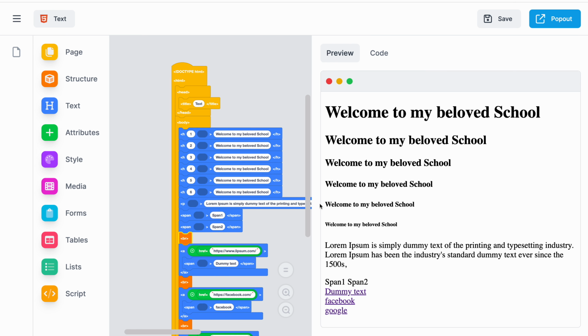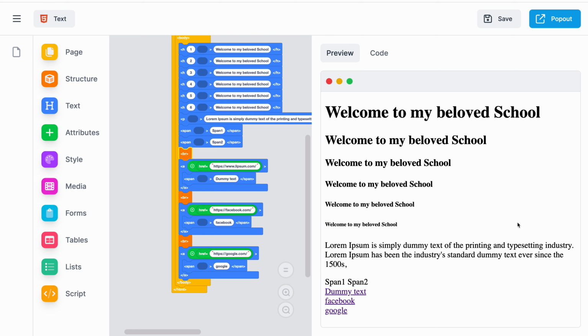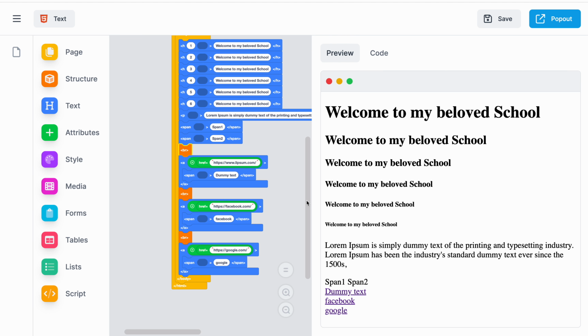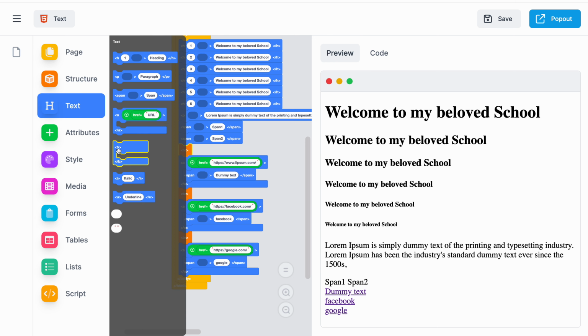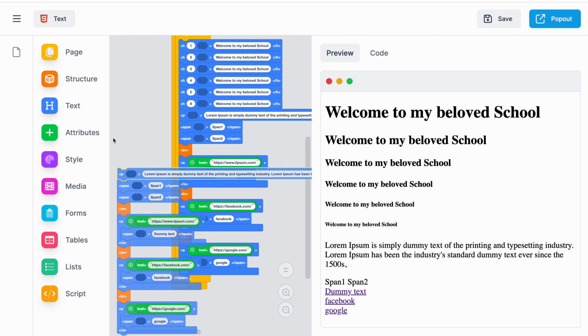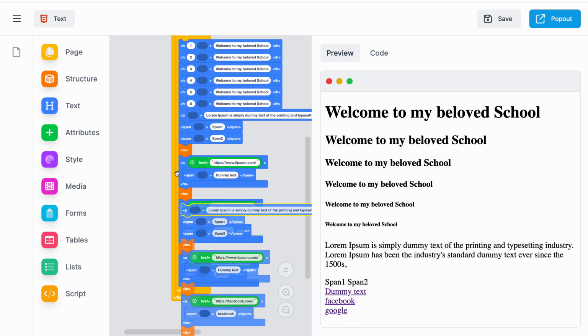All right, let me reduce the size of this text. So the next one that we have is this b tag, and this b tag